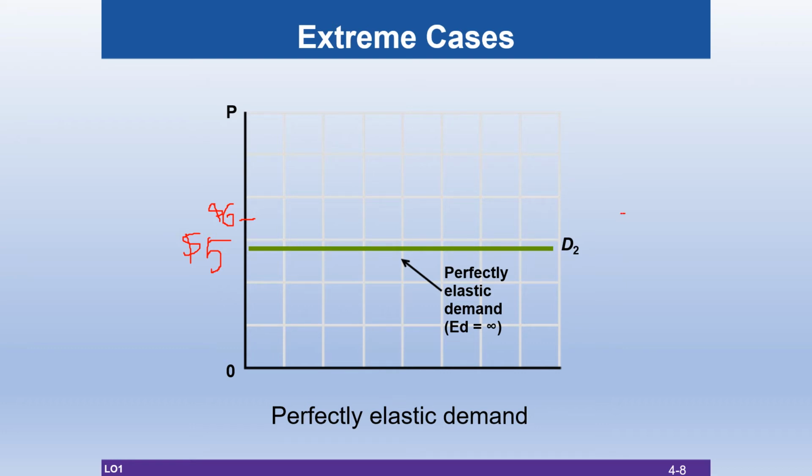So that means in this kind of situation, even the slightest change in price will trigger a huge amount of flight away from that seller. So demand will almost go away, and so price essentially can't really change in this kind of situation. That gives this infinite situation, right? Now, what kind of product may display this kind of situation where price cannot change at all?